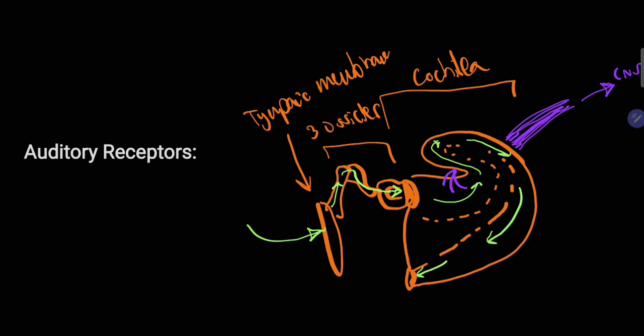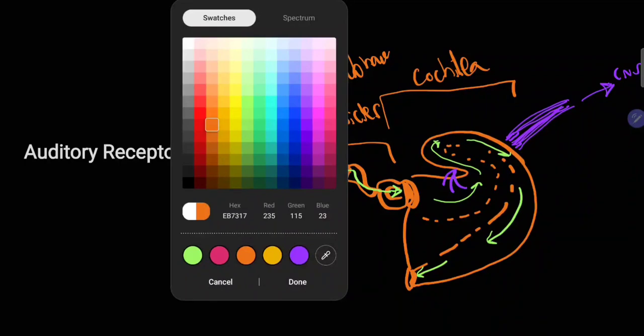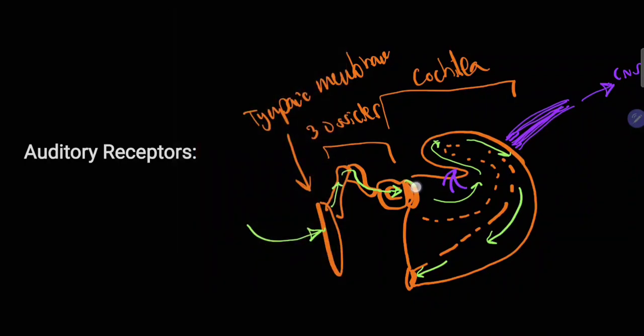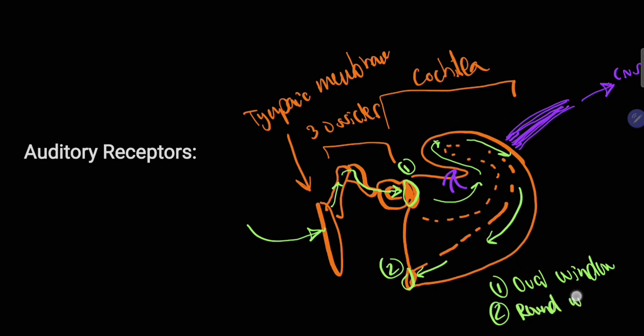So sound waves are going to hit that tympanic membrane. They're going to travel through our 3 ossicles, and we have the incus, malleus, and the stapes. And then there's an important structure to point out here. We have 2 windows to the cochlea. Window number 1 is our oval window. This is what lets sound waves into the cochlea. And we need window number 2, the round window,